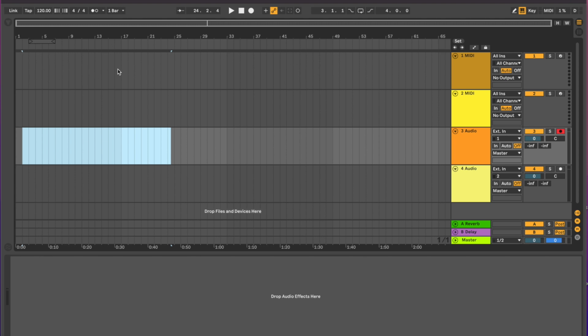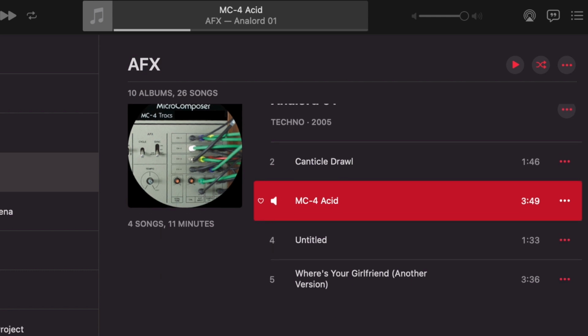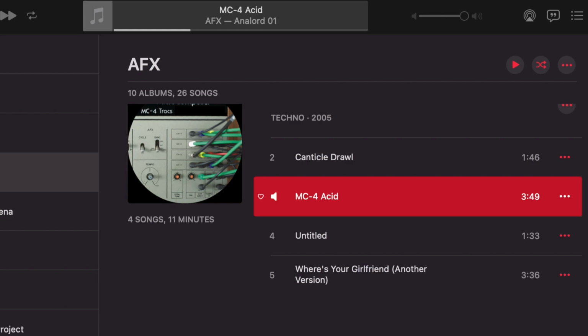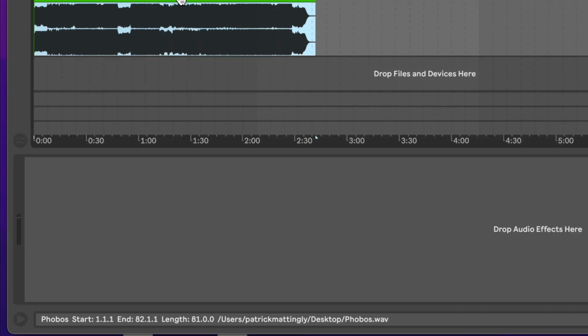You record something and you can see the transient going across, or you put a MIDI clip in there, but we'll get to that. In the best case scenario, you have the song already in iTunes or something, and you can drag it into Ableton. So here I've dragged one of my tracks into Ableton, dragged it onto an audio track. Double click on that track,